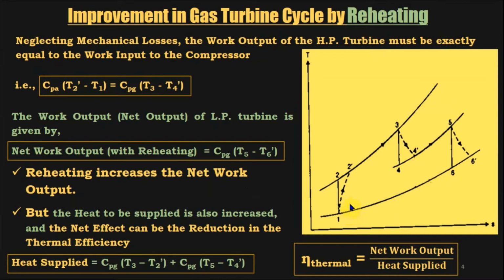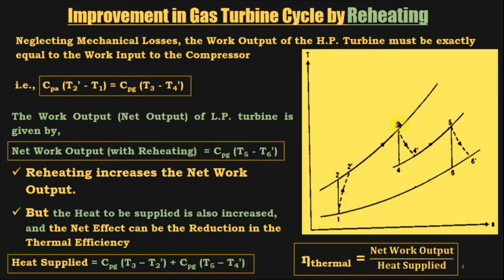I have already told you that if you ignore the mechanical losses in the system, then the power developed by the high pressure turbine can be entirely utilized to drive the compressor. If you ignore the mechanical losses, the work output of the high pressure turbine must be exactly equal to the work input to the compressor. Here the compression process is 1 to 2 dash. So the specific work done on the compressor is Cp of air multiplied by T2 dash minus T1,